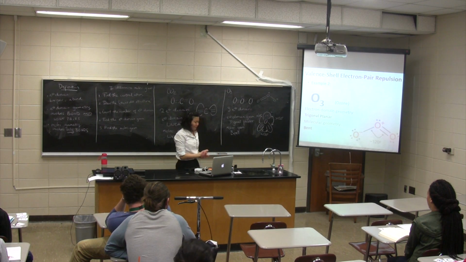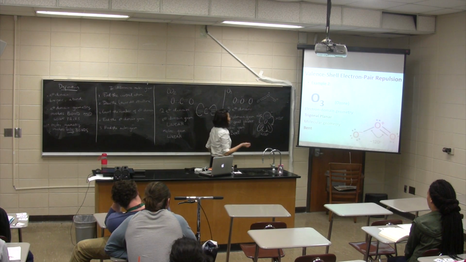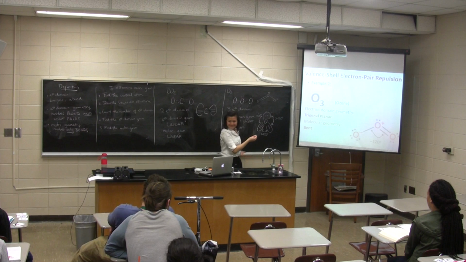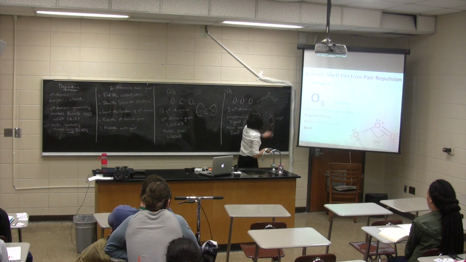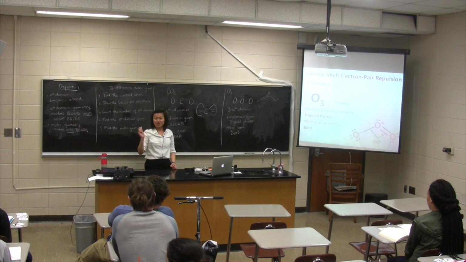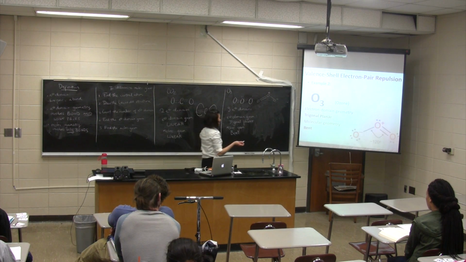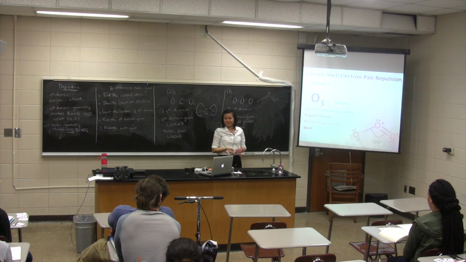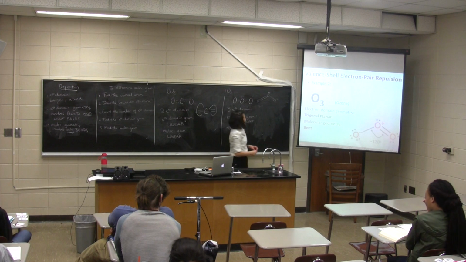Okay? So to find the molecular polarity of a molecule, we need to understand dipole. Do you remember from your class? What is a dipole? Have you learned it before? Yes? Okay. So a dipole arises from what? Polar bonds. From charge difference. From polar bonds. So the oxygen and the oxygen bond here, is it polar? How many people think no? It's okay to say no. It's okay to not know. It's okay to say no also.